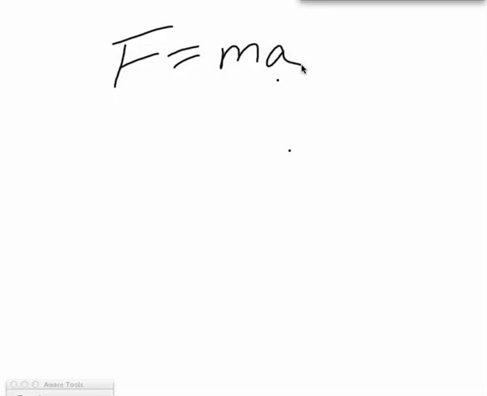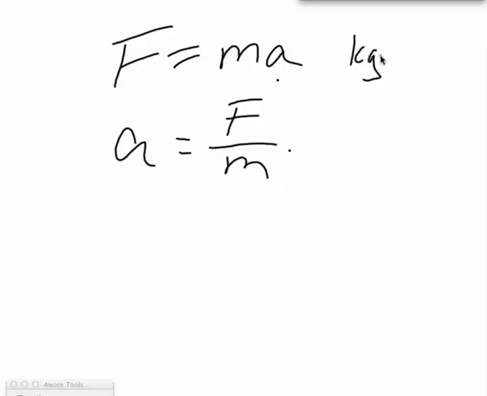Newton's second law of motion can be written this way: force equals mass times acceleration, or you could say that acceleration equals force divided by mass. In order to accelerate an object, it is dependent on the ratio of the force that you're using to accelerate it to its mass. Now, we've talked about acceleration before, haven't we? Since mass is kilograms and acceleration is meters per second squared, that's where we get the kilogram meters per second squared. Or we could say that is measured in newtons.